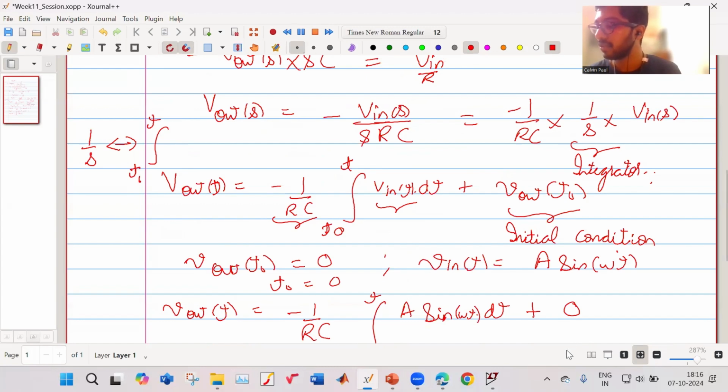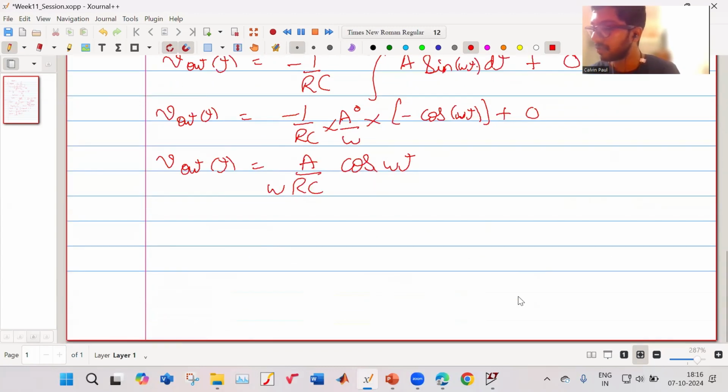Okay, so that means let me go down. Suppose you have 1/s into something, let us say x of s or something. So the inverse Laplace transform of this will be equal to the integration from T0 to T of x of t